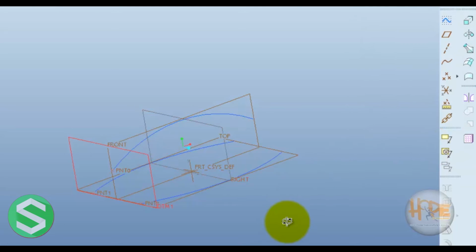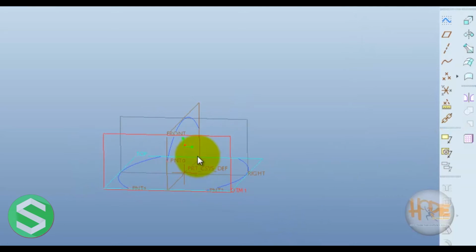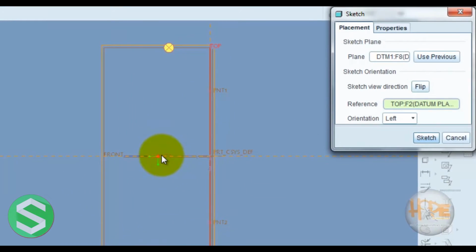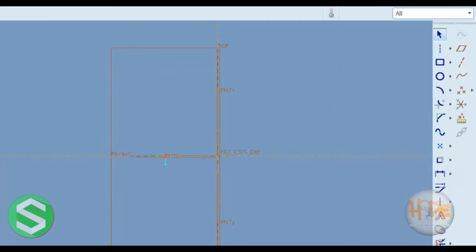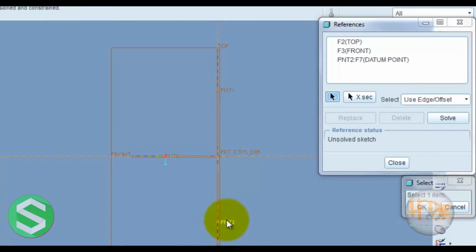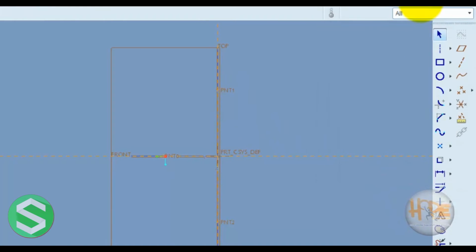OK. Now draw one sketch on this surface. For that, select the references. Now select the three datum points as a reference and sketch.